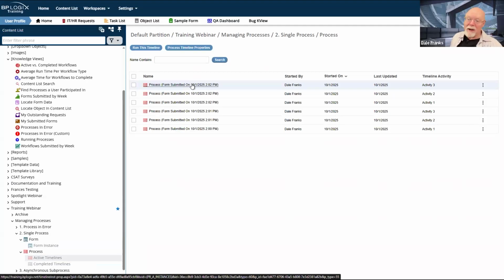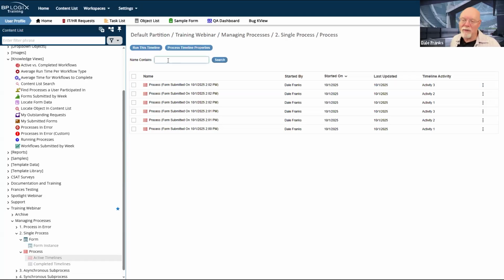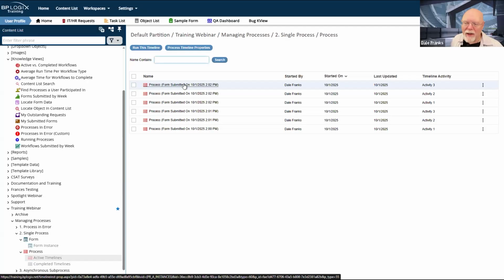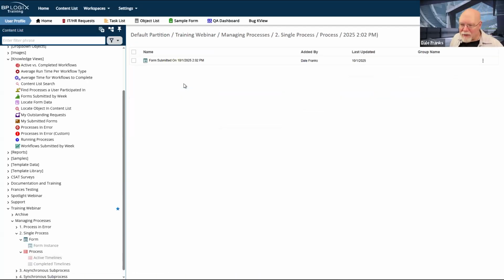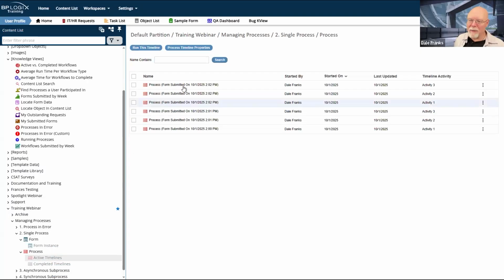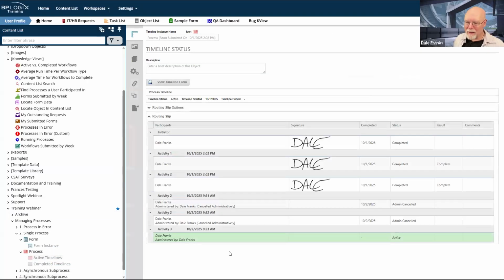Now that I've shown myself this, I now have to go back and re-navigate back to active timelines and then find, fortunately, I know which one I'm looking at. It's the very first one. And I've only got 6. Not a big deal. If I had 1,000 of these things, this would start to get super irksome because I'd have to go here. I'd have to find the timeline that has the proper name, has like the proper request number or whatever. I don't even have that configured for these timelines. And then I have to find the timeline. Then I have to click it. And well, that's not what I want to do. Active timelines. Click it. There we go.